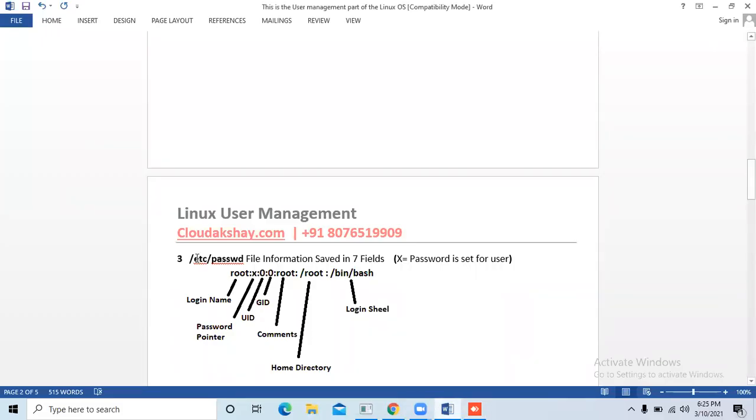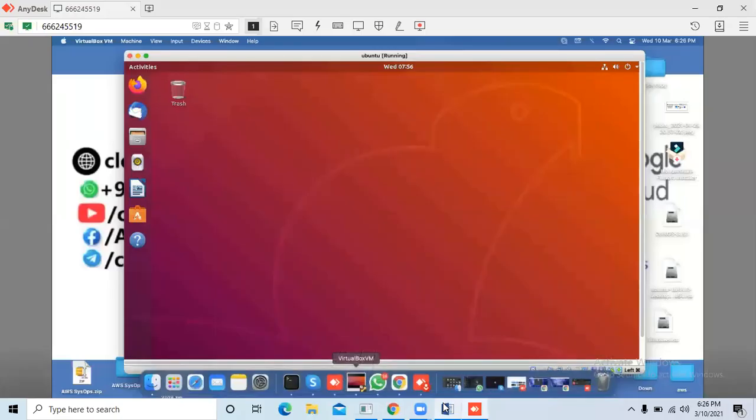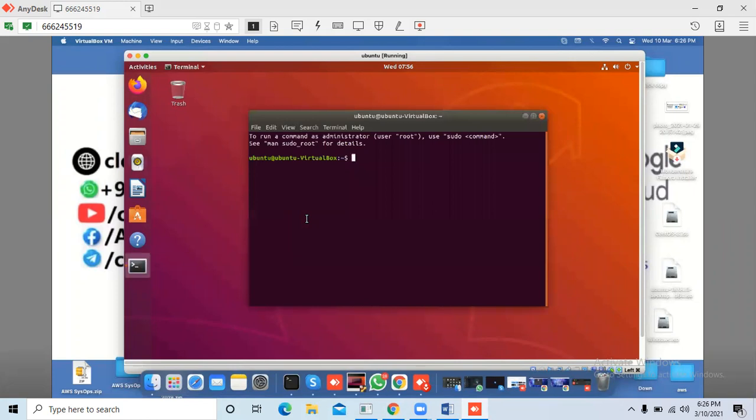So this is the file path. We can also check it with the cat command or the vim command. So let's check. I'm going to press Control Alt plus T to open a terminal. My terminal is open. You see, I am a normal user. The dollar sign is there, that means I am a normal user.